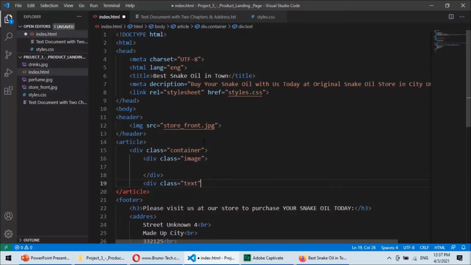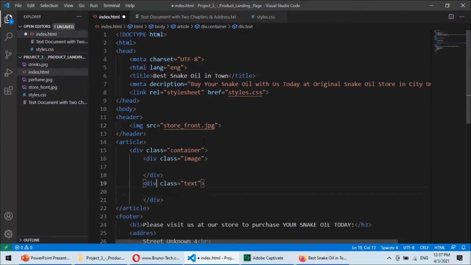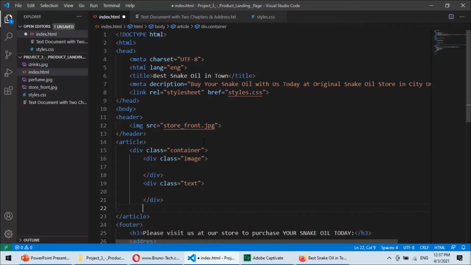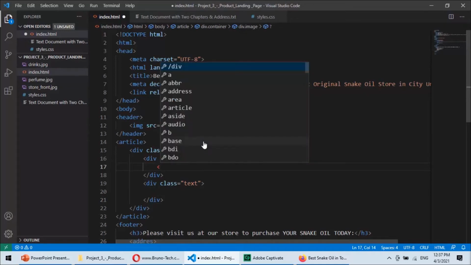So that's when we can actually put the whole things in already. So the div class is closed, and we can close the container as well. So I'm just going to go down, and that's going to close the container. That's closing the container. So we need the image here, and we need text as well. So the first product is going to be drinks. So put the image in,